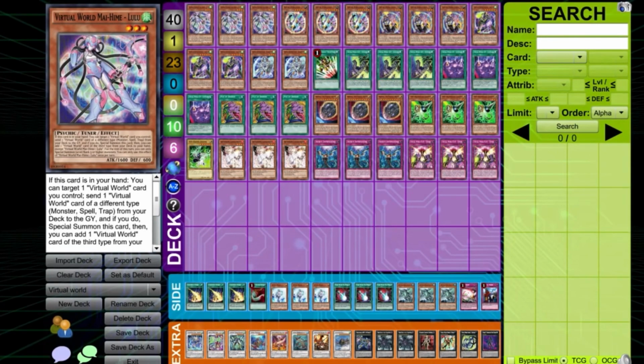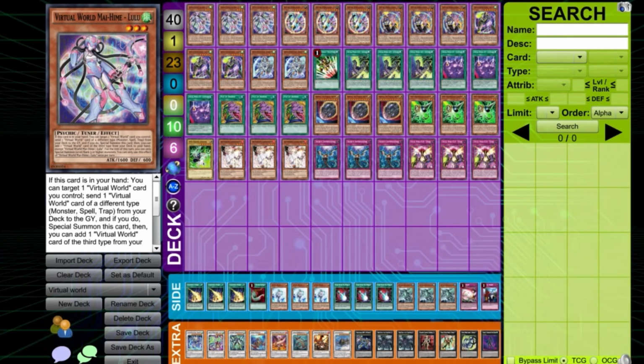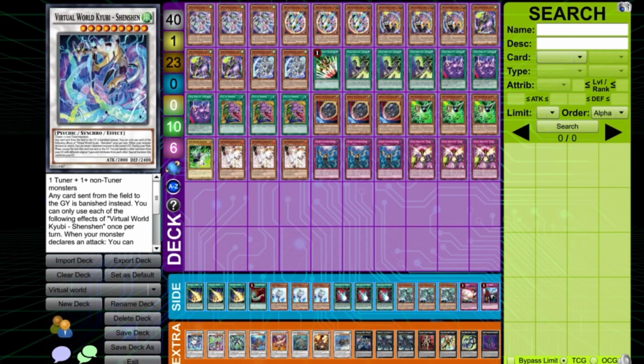Right after the deck profile, I'll show you some combos. This deck took first place in the OCG, and it can survive in the OCG where Maxx "C" is at 3. It's an amazing deck, so consistent, and you can easily combo off and easily get a True King of All Calamities on the field. It also has this level 9 that can recur itself from the graveyard,